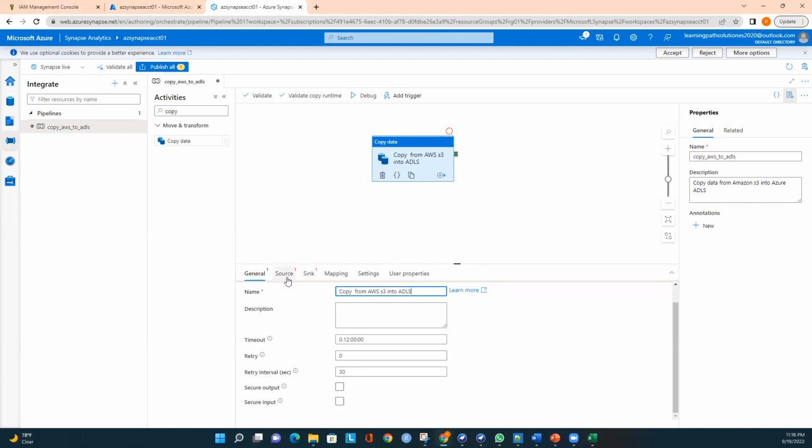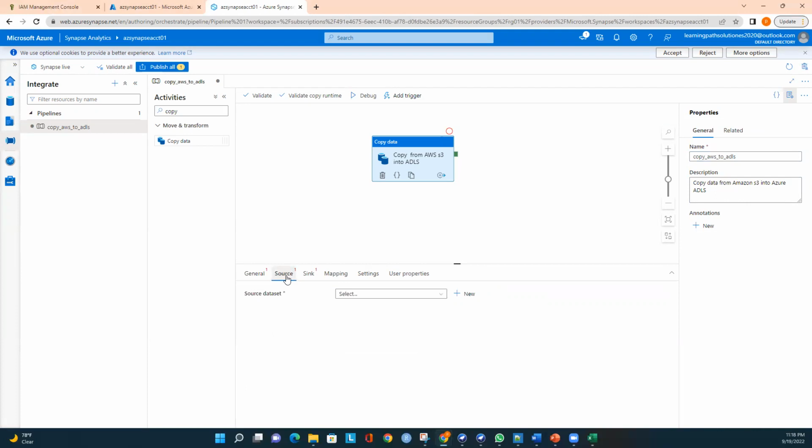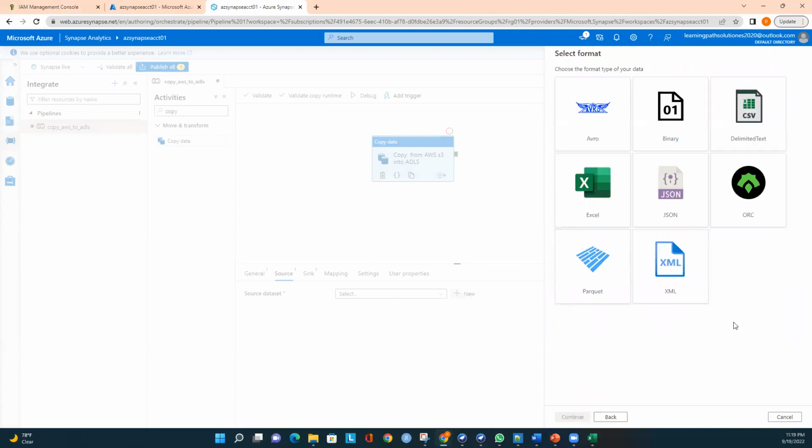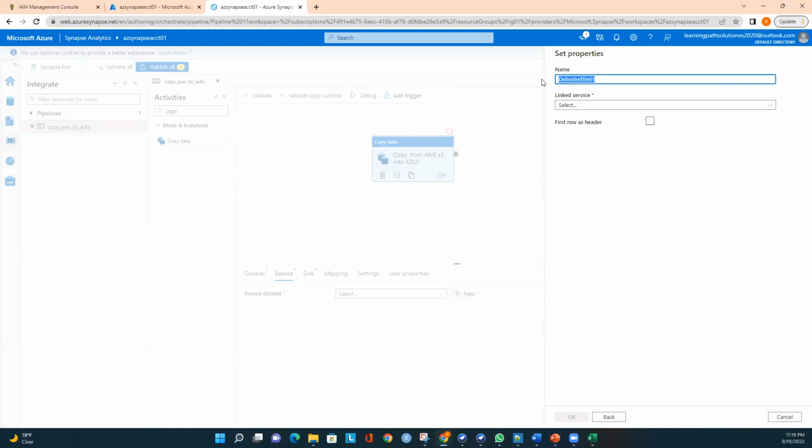So now I will go to the next one, the source. Here in this exercise, our source is Amazon S3. So now I need to create a new linked service, and here I need to select a data store. My data store is Amazon S3. Continue and choose the format type of our data. I will select delimited text, and I will say this is air travel data, and I will say AWS S3,